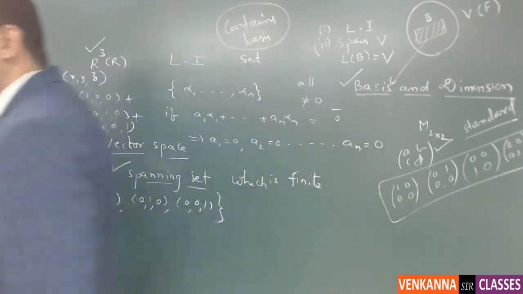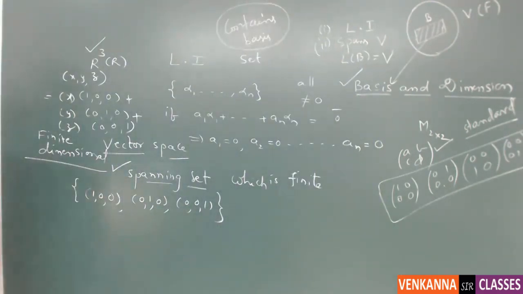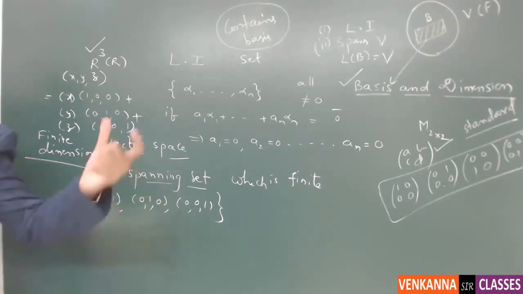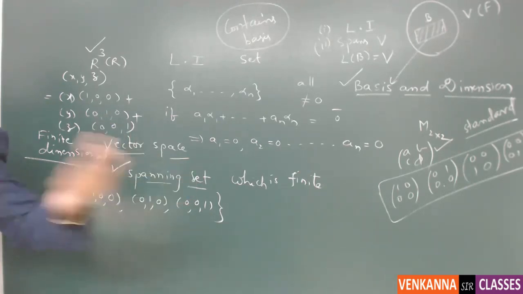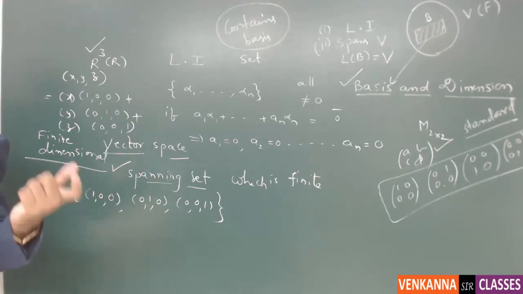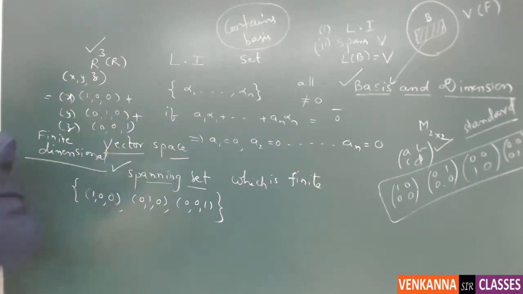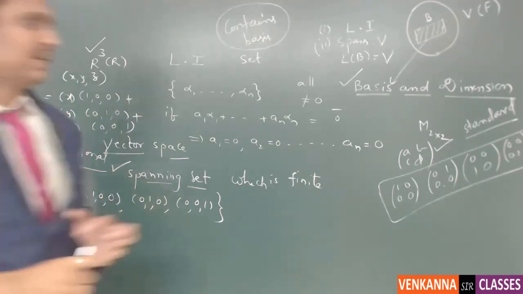Whenever you take a finite dimensional vector space, it always has a basis. So from this, the very definition of finite dimensional vector space is changed: a finite dimensional vector space means a vector space which is having a finite basis. A vector space which is having a finite basis is called a finite dimensional vector space. And coming to the definition of dimension,